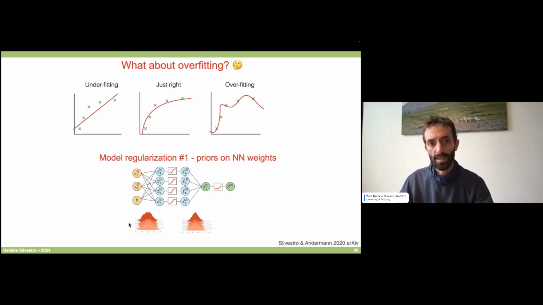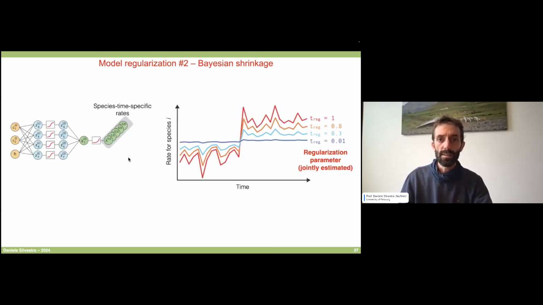But on top of that, we add another way to do model regularization, which is basically a way to prevent overfitting. And this is by introducing another regularizing parameter that is essentially raising these species-time-specific rates to the power of a number that goes between 0 and 1. And so this is a single parameter that performs what is called Bayesian shrinkage, which is shrinking the parameters around their mean unless there is evidence that they shouldn't be. So if this parameter is set to 1, then the output of our network will be unchanged, and it could be a rate that changes over time like this. But if this parameter is estimated to be close to 0, then our resulting rates will be shrunk